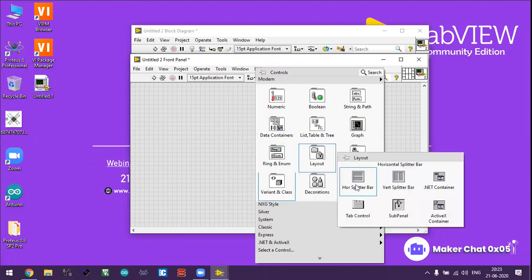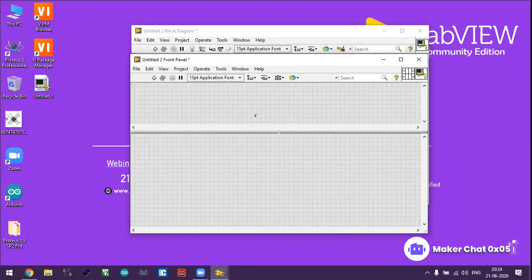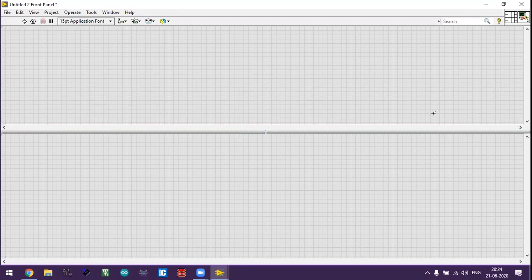Then you can see the layouts. If we have to categorize two things, like string and numeric values, we have to show them separately. So you can go for splitter bars. You can split numeric values in one area and string values in a different area. On the upward side you can put all the numeric values, and on the downward side you can put all the string values and text area formats. So this is basically it. I have to delete that.